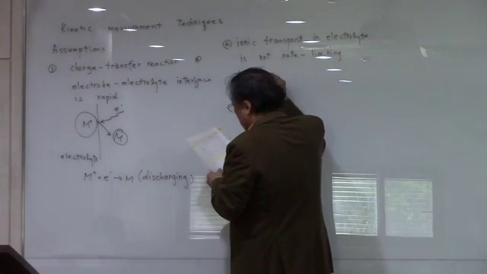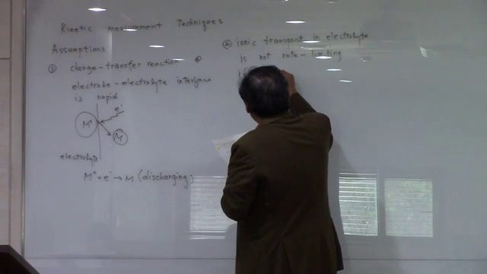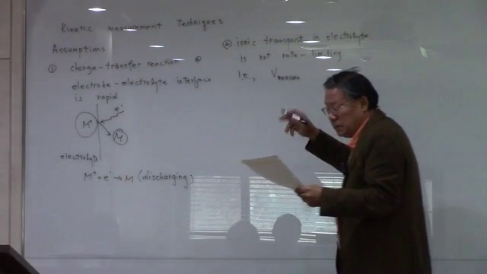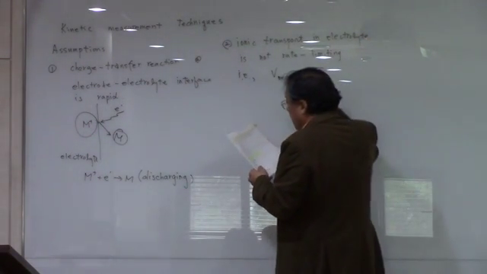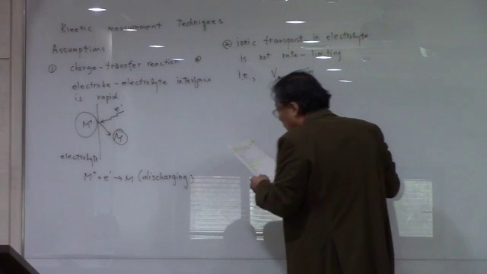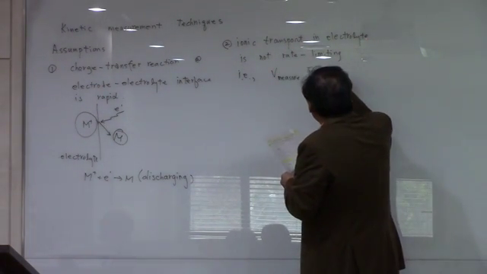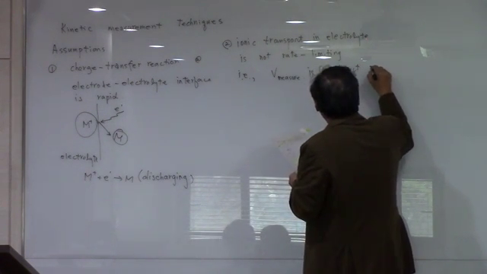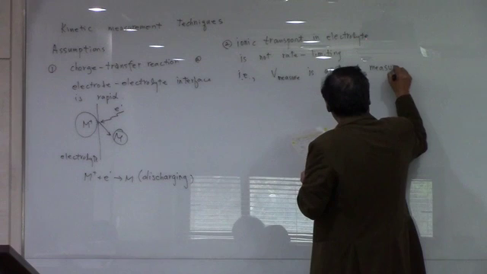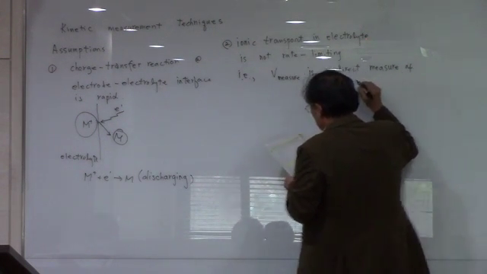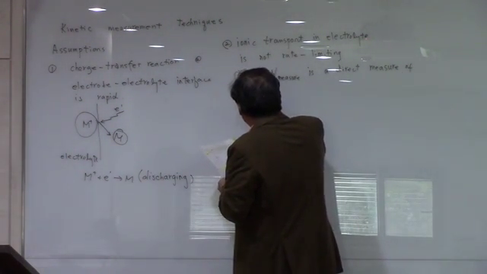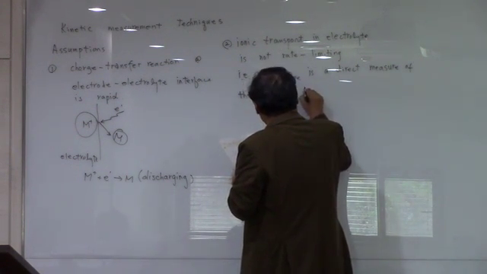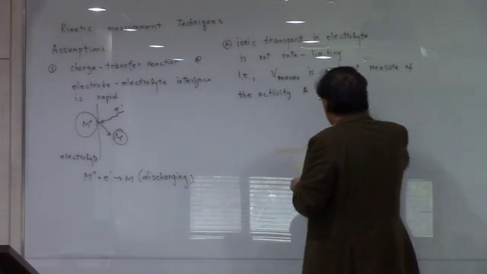This means that the voltage that we measure across the electrolyte between the cathode and anode is a direct measure of the activity A at